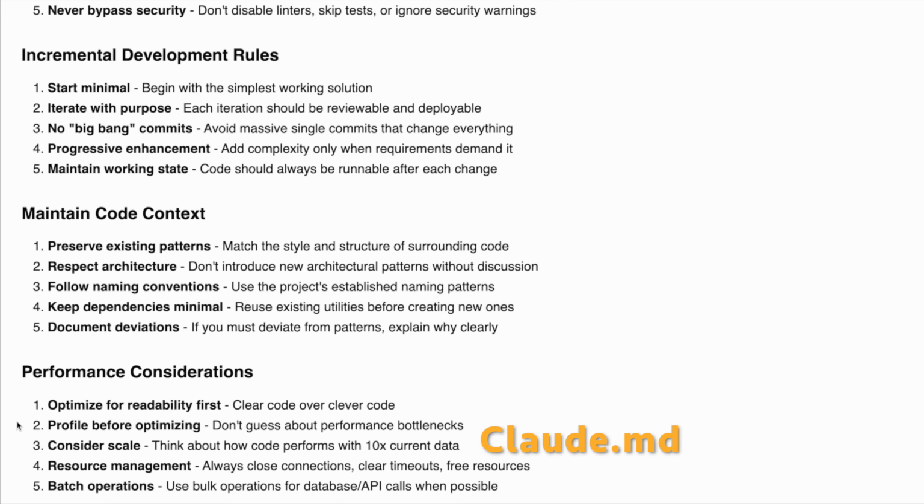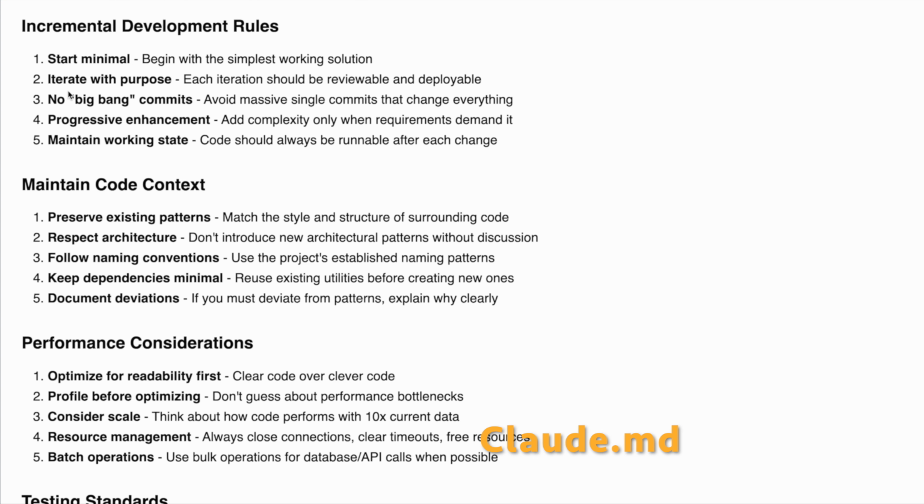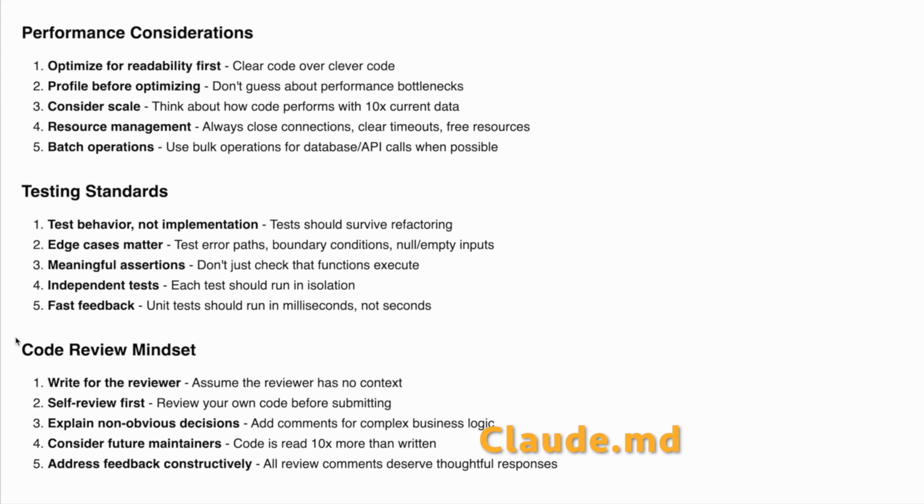We used also incremental development rules like start minimal, iterate with purpose. No big bang commits, avoid massive single commits that change everything. We want progressive enhancement, maintain working state. We had also things like performance consideration by optimizing for readability first, clear code over clever code. We wanted profile before optimizing, don't guess about performance bottlenecks, consider scale, resource management, always close connections, clear timeouts, free resources, batch operations,